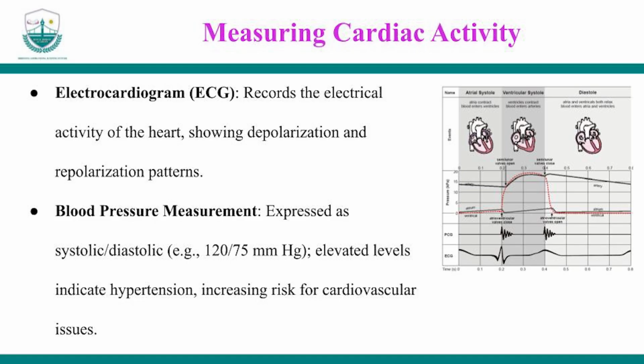And there are two values for it. Systolic, when the heart is contracting, and diastolic, when the heart is relaxing. So when the heart is contracting, that means that the pressure is higher compared to when the heart is relaxing. So we write it as a fraction. This one is systolic, 120 is systolic, and then 170 is diastolic. This is not to mean that this is the normal range. This is just any measurement, any person's